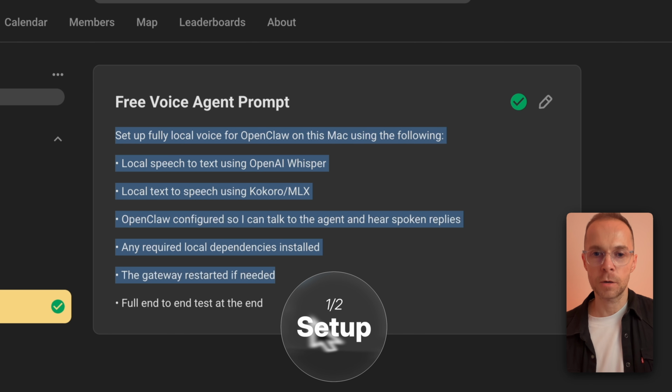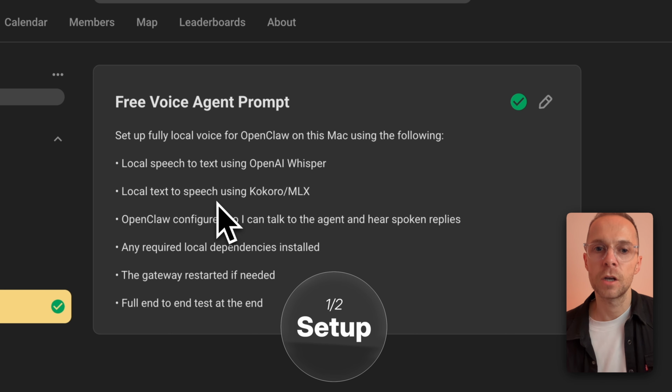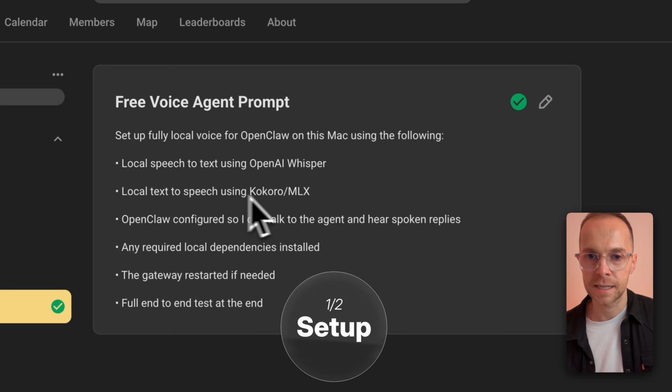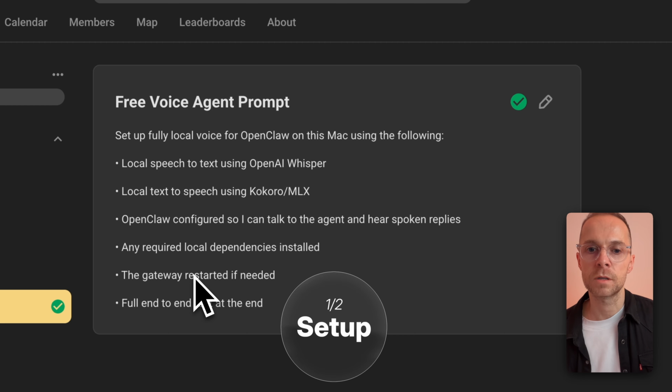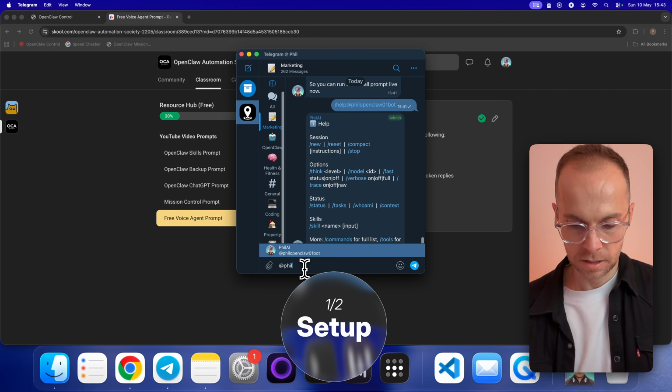So just copy this prompt here. And what it says is to set up a fully local voice for OpenClaw on this Mac using OpenAI Whisper, Kokoro, and MLX. It says to install any local dependencies, to restart the gateway, and then fully test end to end. So if I go into Telegram here, and if I drop this in,